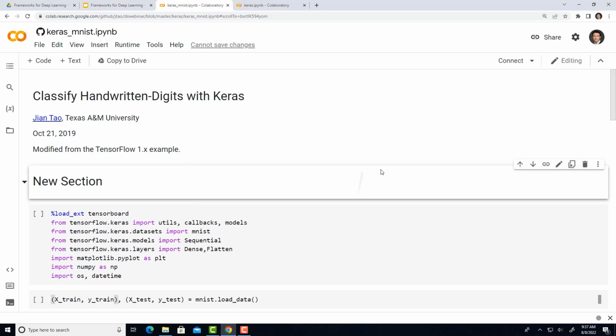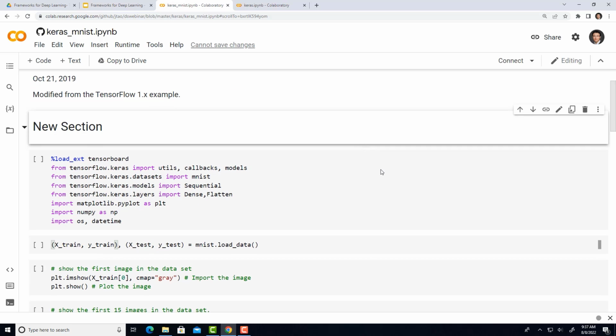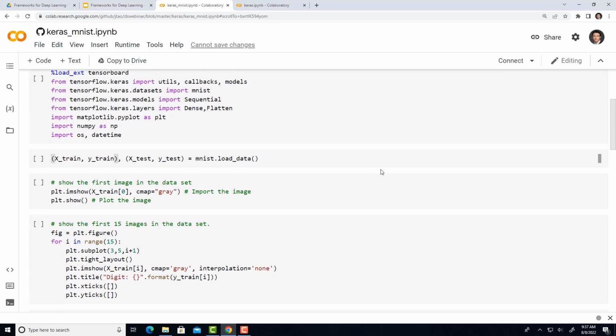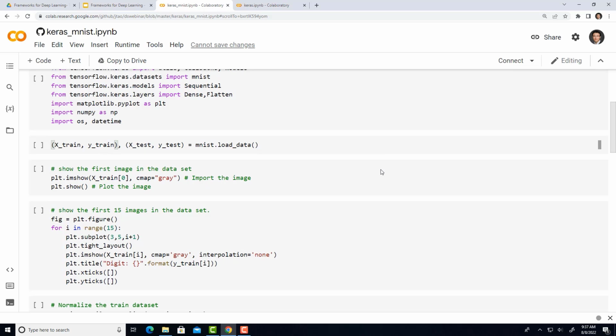And we start with the loading part, where we load all the necessary modules, mostly TensorFlow related. And then we have matplotlib for plotting and NumPy for some functions. The very first thing we do is to load the data and then split the data into training dataset and testing dataset. So the mnist.load_data function is already doing the splitting for us. By default, I believe it's 80 to 20%, 80% training and 20% test.